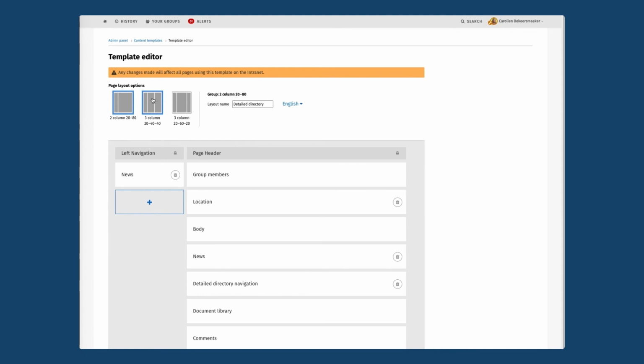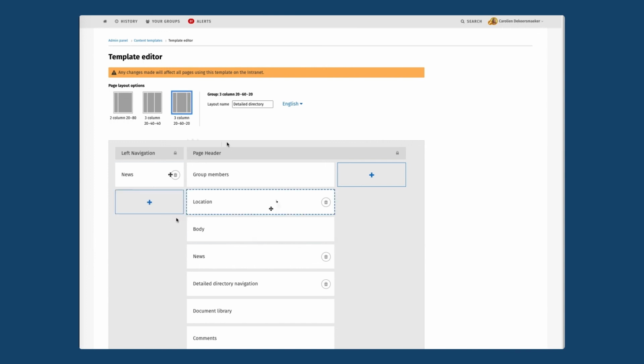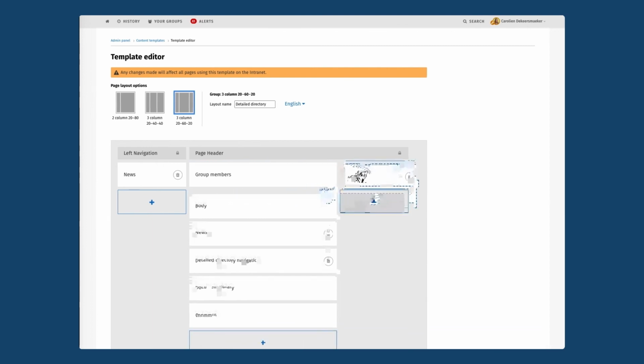So maybe in this case, I want to make that a 3-column navigation. Notice how right away, as I make the change, the template below it updates. Now that I've made that layout change, I can look at the cards that are available on the template, and I can even optimize them or move them around. So perhaps I want my location card on the right,